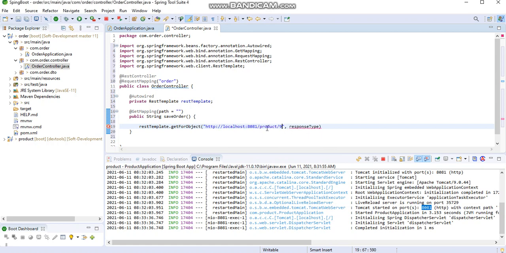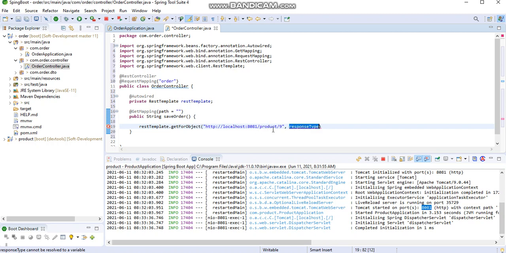Right now I'm providing the ID as static. You can make it dynamic based on your logic, appending any variable here. And this is the response type, meaning what response the product method returns.